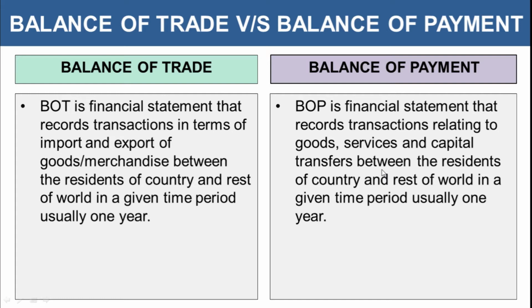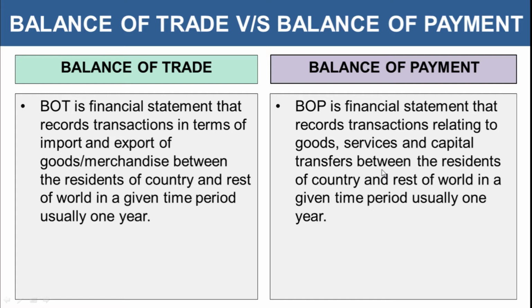Balance of trade is a part of balance of payment. So when we are recording transactions relating to import and export of goods, that is balance of trade. However, when we are referring to all import and export transactions including goods, services, capital transfer, that is